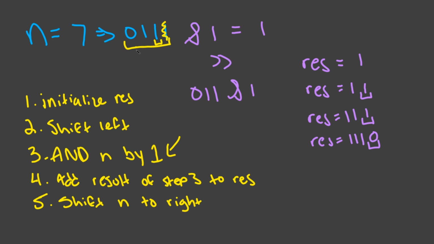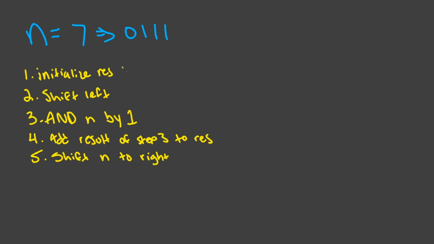So I'm going to redo this problem, but I'm going to show you each and every step one by one to make sure you understand. So our first step is going to be to initialize result. So we're going to initialize result to 0. And now we shift result to the left. So we're going to have result is equal to